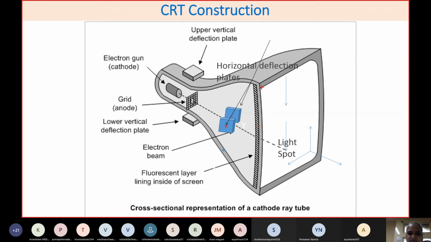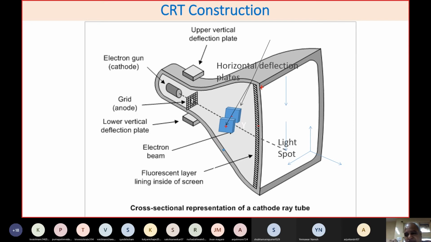What is more important is that this CRT requires very high voltages. These high voltages are generated by the horizontal section, called the extra high tension or EHT section, which generates very high voltages. You probably know that about 10 to 12 kilovolts are generated. For black and white TV, 5 kilovolts is sufficient, but for color monitors or color TV, that voltage is required at the anode, the extra high tension tube.